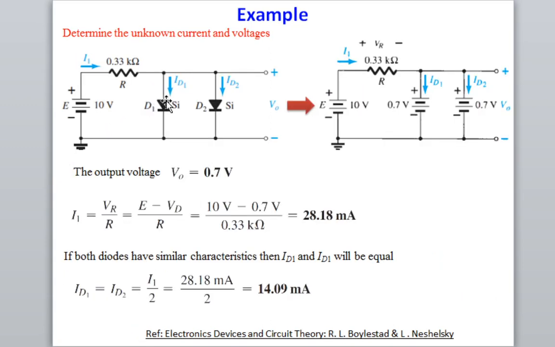So if you see here, this is the positive terminal of the diode, and this is the negative terminal, and this is the negative terminal of the battery, this is the positive terminal. The positive terminal is connected with the positive, and the negative terminal is connected with the negative. It means both diodes D1 and D2 are in forward bias. By just watching the circuit, you can understand this. Also, the direction of diode currents ID1 and ID2 and the direction of the diode arrows are the same, which means both diodes are in forward bias.